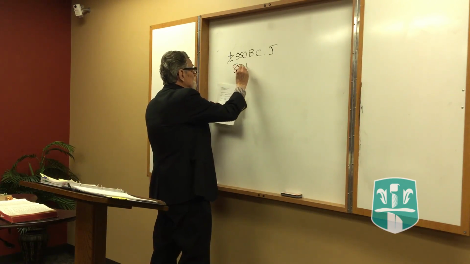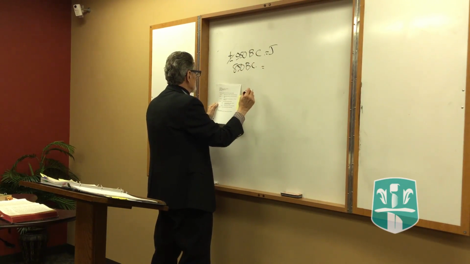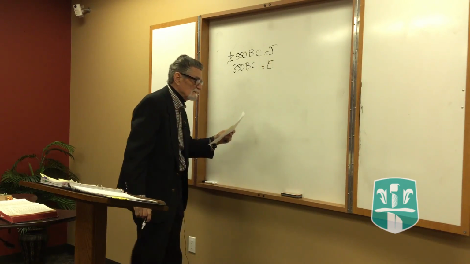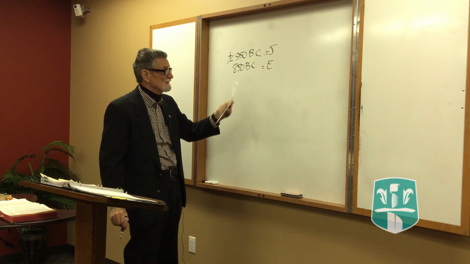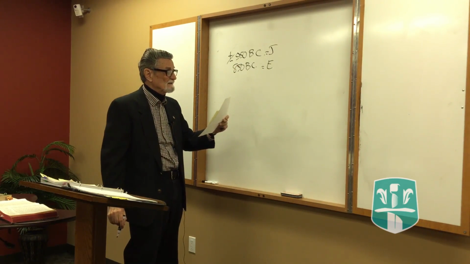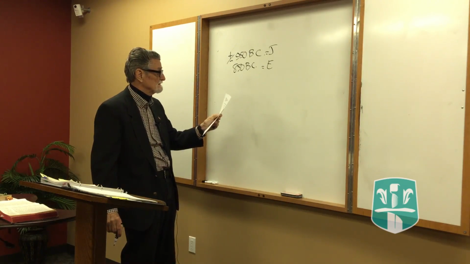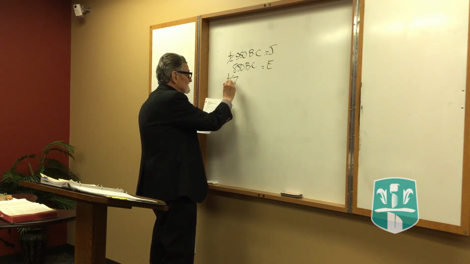850 BC, the E writer, an unknown person from Israel, Judah the first one, so the southern kingdom, then the northern kingdom, advocate of the priestly family of Shiloh. Where did they get that? I don't know. Plus or minus 700 BC,